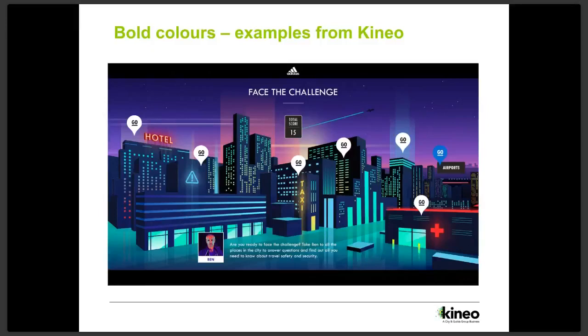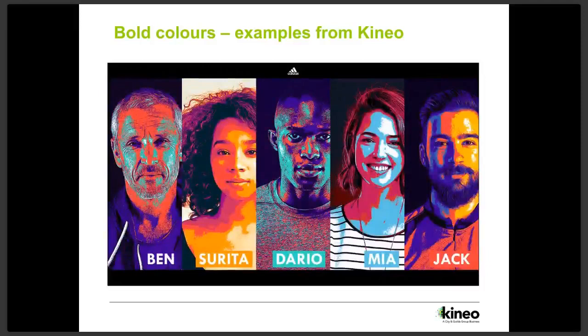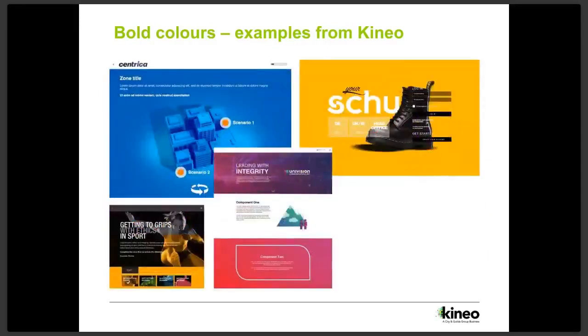And we took that and then used that over the images that you can see here. So we took some of the colours we'd used in there and basically brought it into the design. Within these ones, we've just shown a few different variations in terms of either just using the bold colours, or particularly this Centrica example in the top left there uses that 3D shape. So you can use the same colour overlaid, but onto a 3D image.